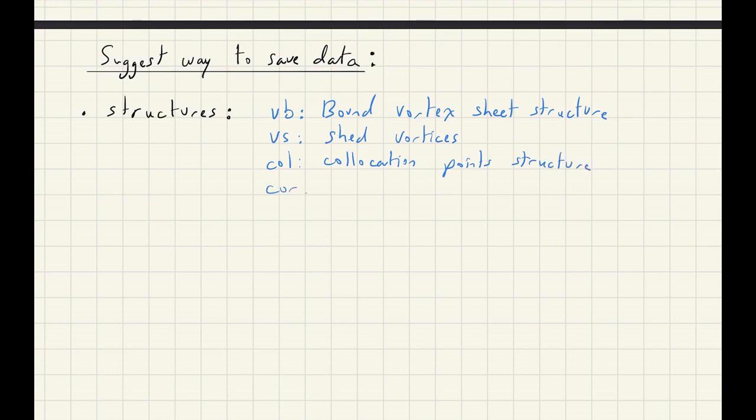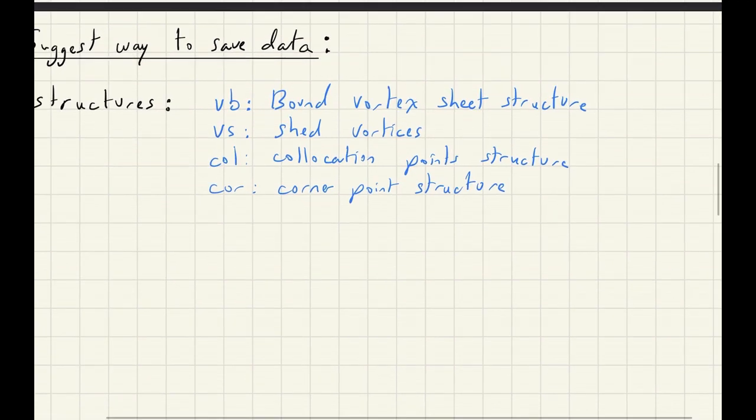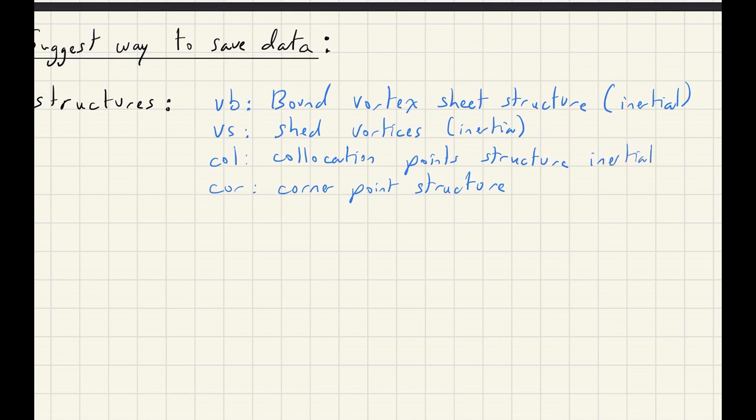And COR is the corner point structure. So these structures contain the position information as well as the vortex strength information, if applicable. The positions in these structures are in the inertial frame for the vortex sheet, for the shed vortices, and for the collocation points, and the wing fixed frame for the corner points, because